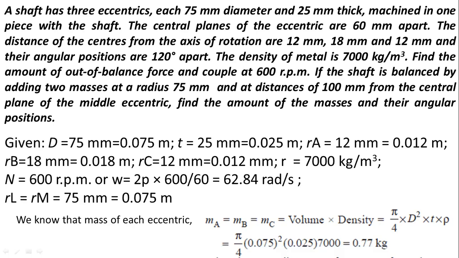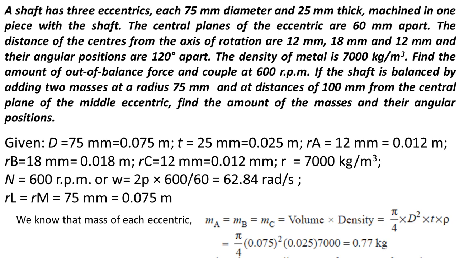Okay. So the shaft has three eccentrics, each having 75 mm diameter and 25 mm thickness, machined in one piece with the shaft, and the central planes of the eccentrics are 60 mm apart, and the distance of the centers from the axis of rotation is given as 12 mm, 18 mm, 12 mm, and the angular positions are 120 degrees apart, and density is given as 7000 kg per meter cube, and you have to find the amount of